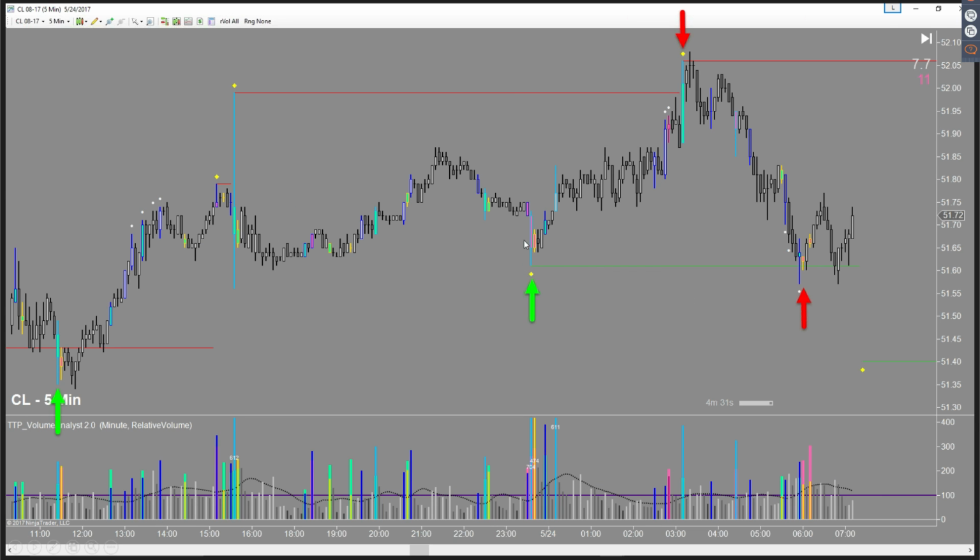This is a 2-bar pattern. This is something we look for a lot. This is a selling climax followed by a churn bar. I know these terms, if they're new to you, maybe you're kind of scratching your head right now, but we're just trying to associate names with different